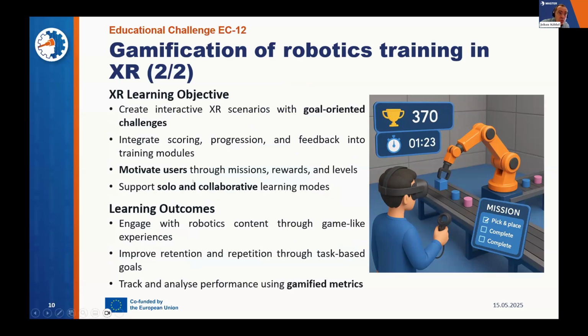So we expect to have all of these things implemented in the scene, or, I mean, to show them or to talk about them, to make contents that are goal-oriented with scores and to show the progression of how new material is being covered, and with all of that to hold and keep up the motivation of the users, also considering solo, a lonely process of going through the content, or also collaboratively.